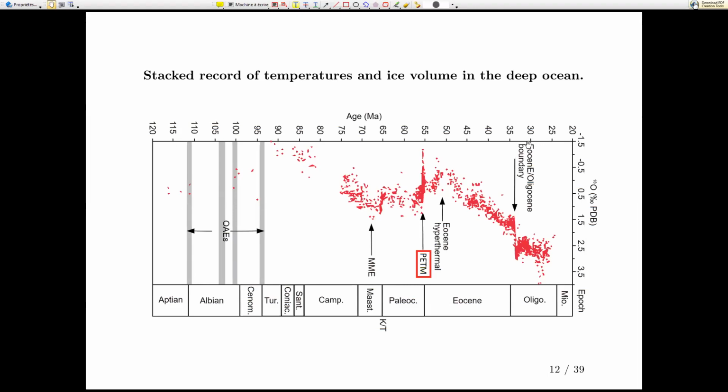I think the dinosaurs, I don't know when they were. Anyways, who cares? But what's interesting is this PETM, the Paleocene-Eocene Thermal Maximum. No, I don't remember exactly. Okay. In a few words, what I want to say is